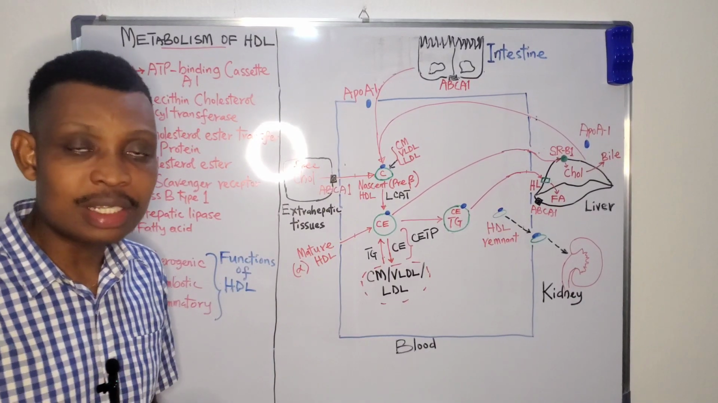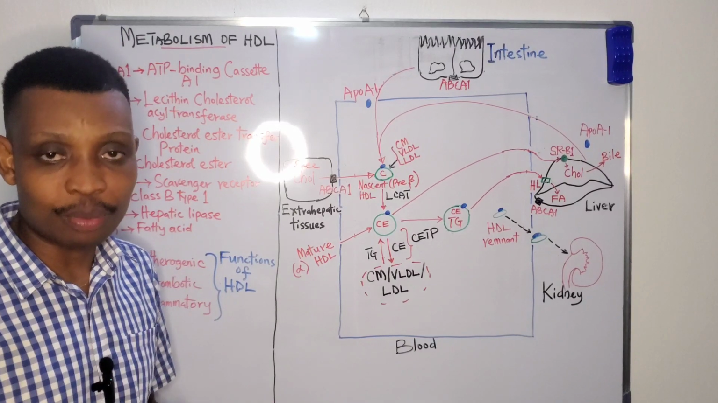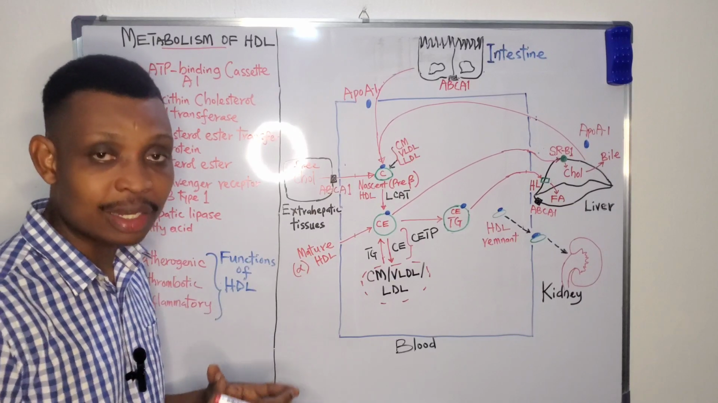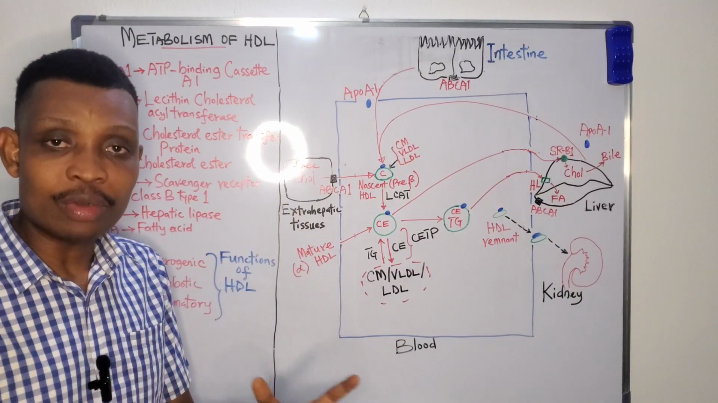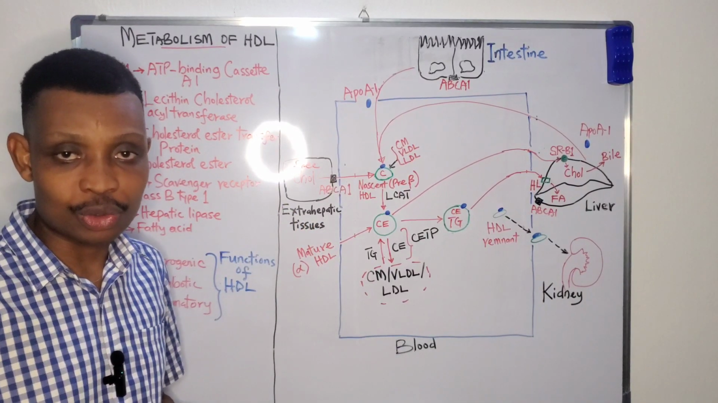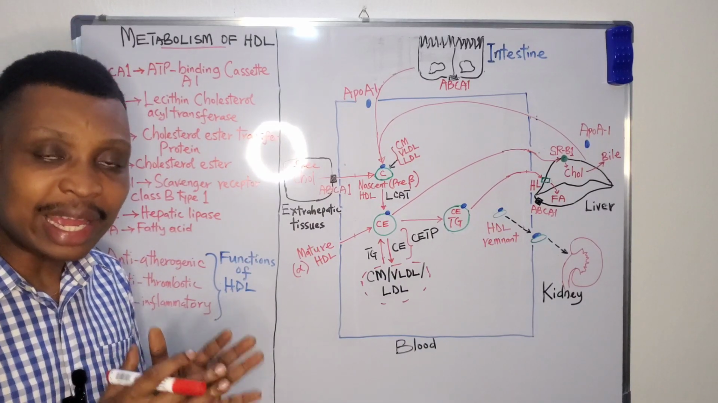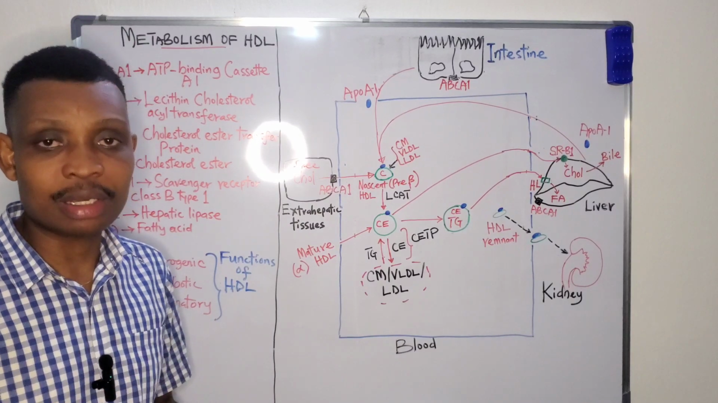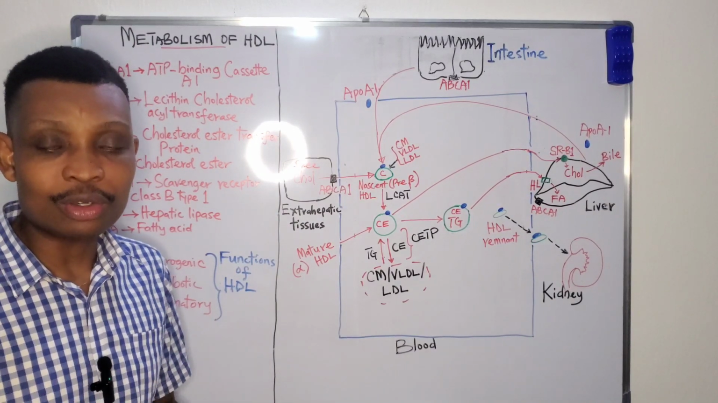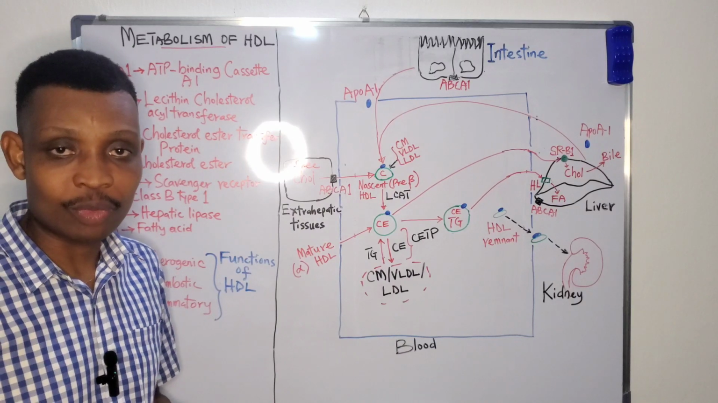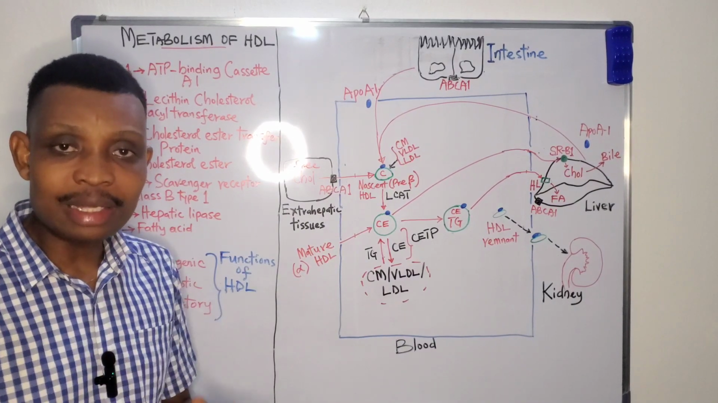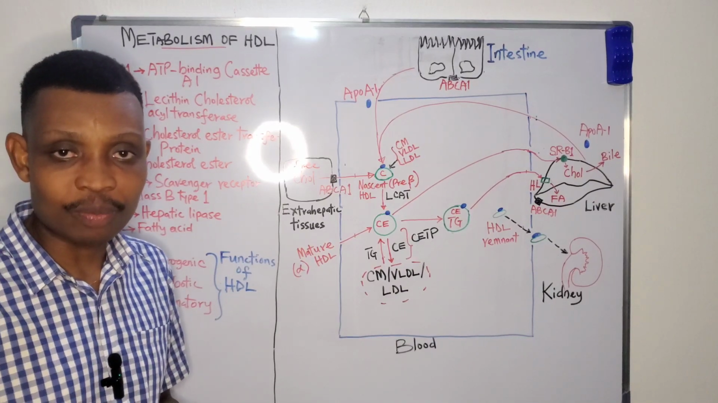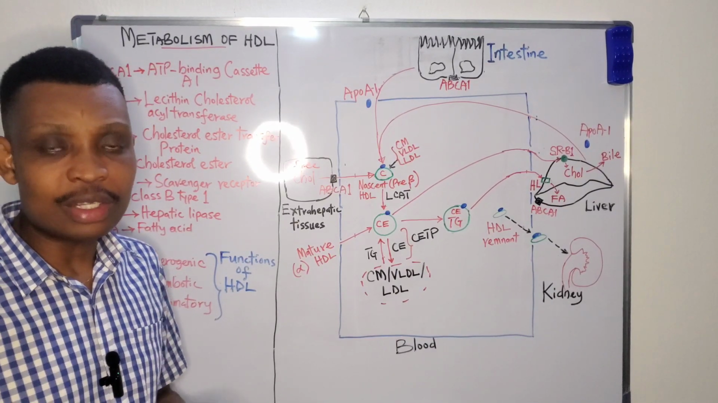Chylomicrons, very low density lipoprotein, and low density lipoprotein carry cholesterol from the intestine or from the liver to extrahepatic tissues. And because of that, a high amount of these lipoproteins in the circulation poses an increased risk of developing atherosclerosis or cardiovascular diseases. On the other hand, high density lipoprotein plays a role in reverse cholesterol transport, in which it removes